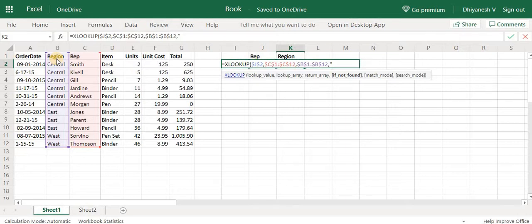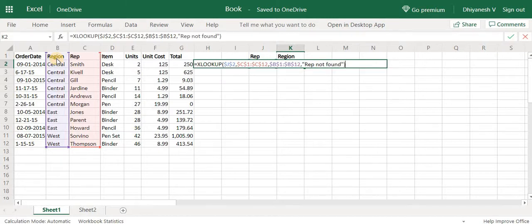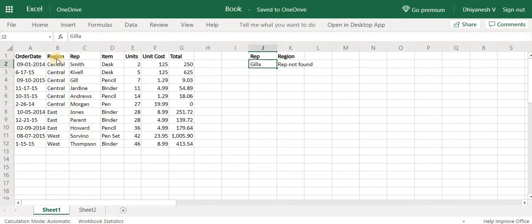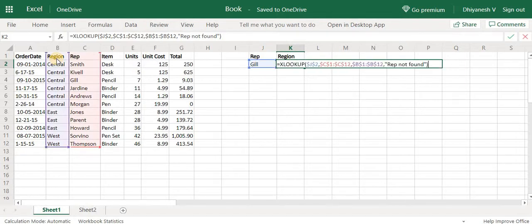So if not found, I want "representative not found" to be returned in my formula. So if I add this, the representative is not found, and if I have Gil, he is in the Central region. This is how you can use the if not found condition. It is like an IFERROR formula. If the lookup value does not result in a value, then this value will show up.